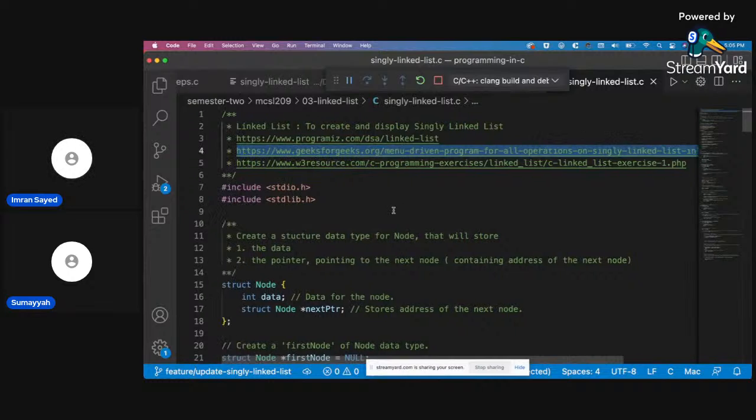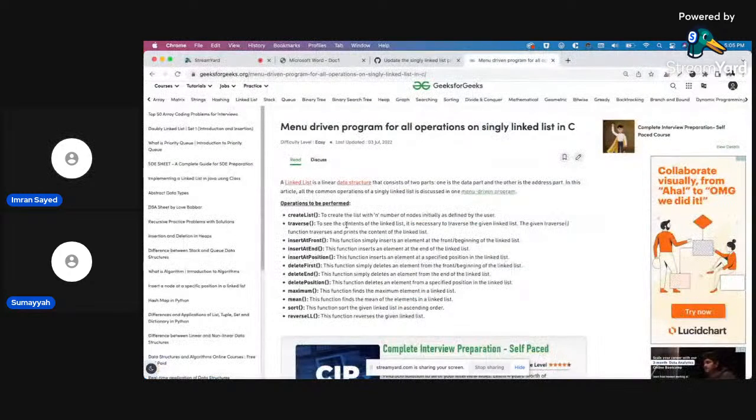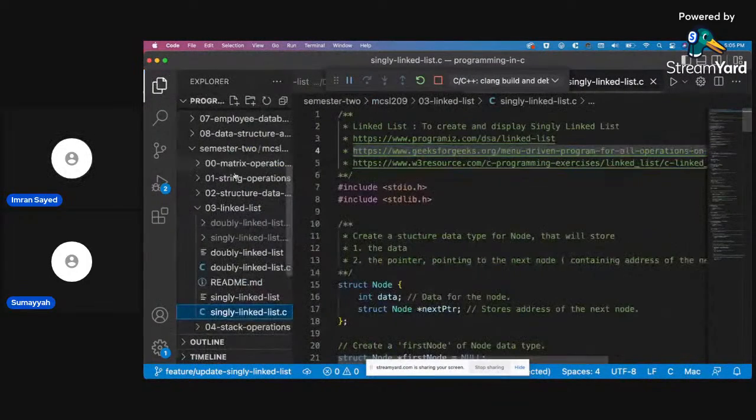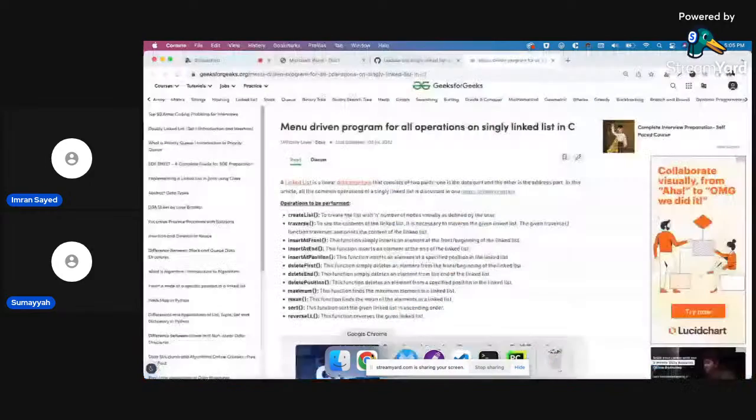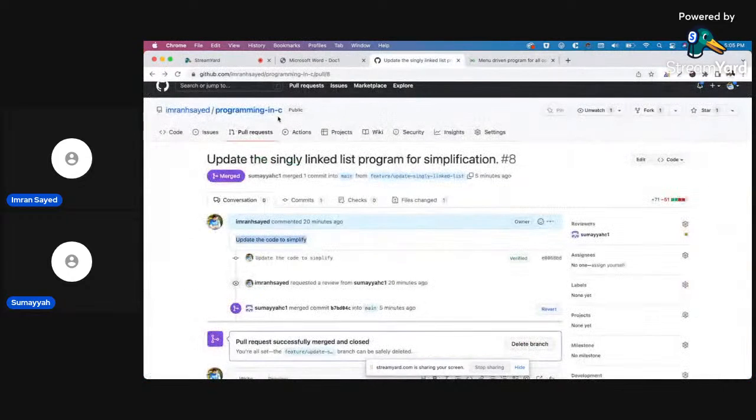But yeah, what I was doing was going through all the assignment questions of MCSL 209, and I made sure that I put all the assignment questions here. So let's go to that.